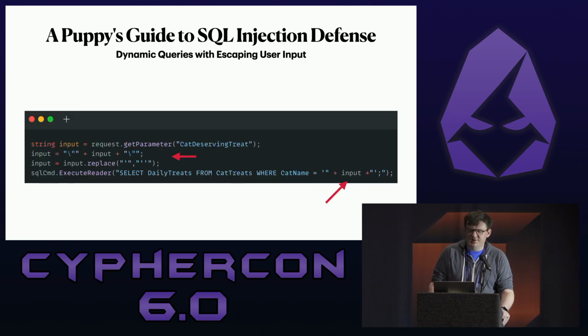The first thing he suggests is to escape the user input. And by that, he means specifically wrap the entire input that the user sends in double quotation marks. And then if there's any single quotation marks in the input, you should double them up so they're double single quotation marks. And essentially what that does is it gets SQL to